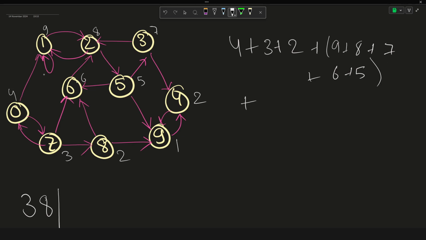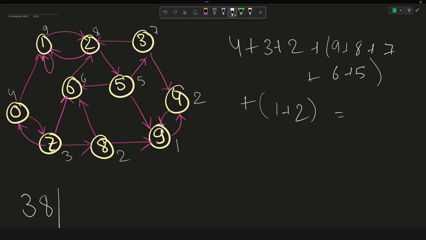And after we have collected coins from this component, suppose we are at this node at the end, then through this edge we could have moved to this component as well. So we would be collecting the remaining 1 plus 2 coins. So in this way we were able to collect each and every coin present in this graph when we decided